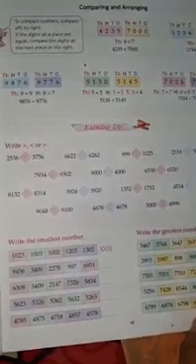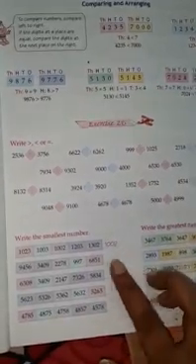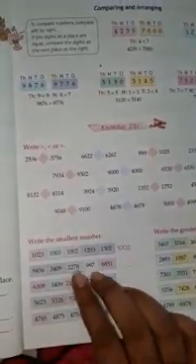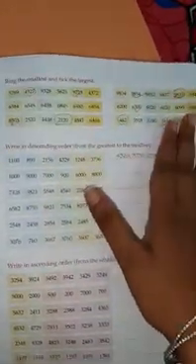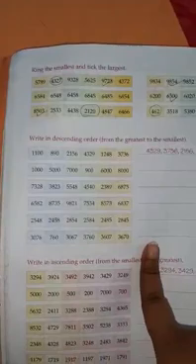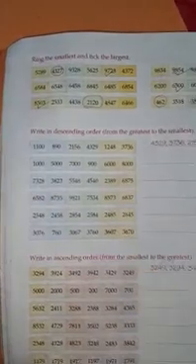Exercise 2D, you will put the greater than, smaller than and equal to symbols. And here you will find the smallest number and write it down. So many numbers are given in each line, find the smallest one and write. Here find the greatest one and write here. All you will do in your copy. So ring the smallest and tick the largest. I think you can do it, because in the first lesson, questions just like this were given, but there were only 3-digit numbers, and here 4-digit numbers, but the number pattern of the questions is almost equal.